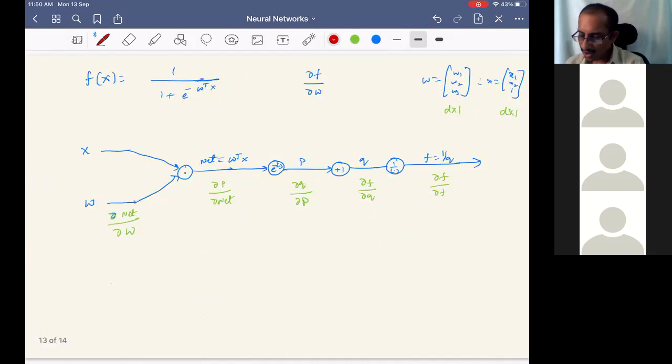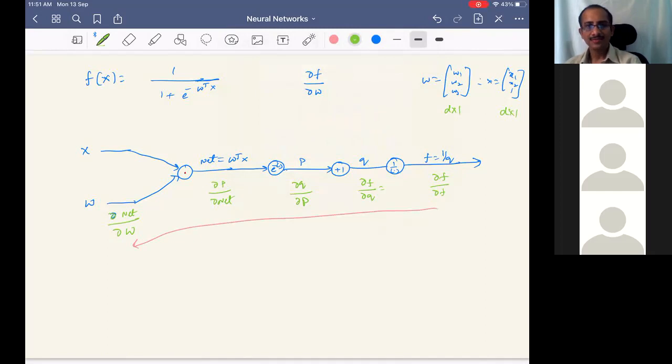So now I want to write, first, dou net by dou W. Overall, if I want to write, it will go in this way, from here to here. So the whole thing I will write together, but let us write one after the other. First, let us write the local gradients. Dou F by dou Q, what is this?